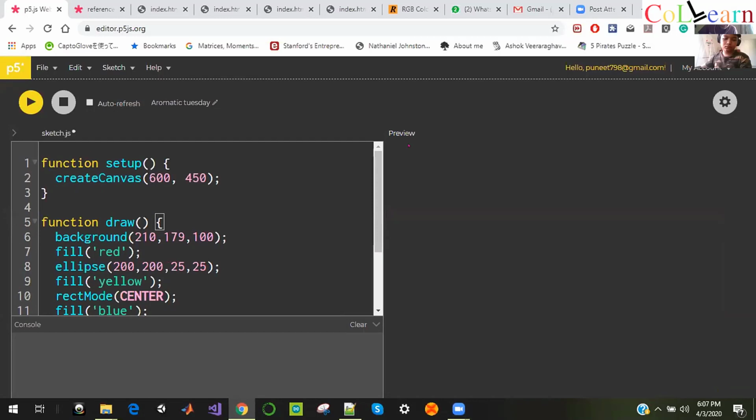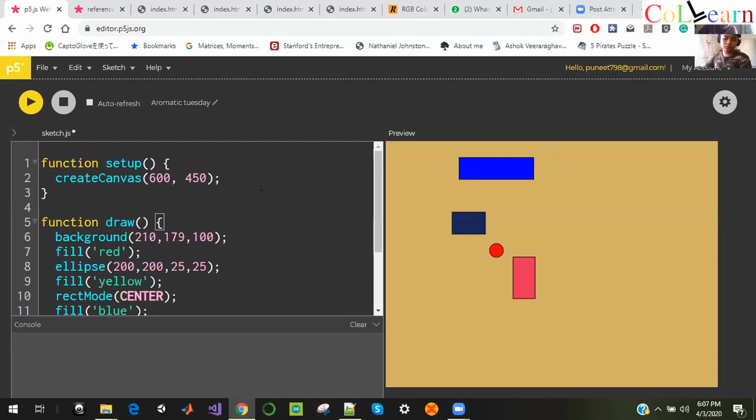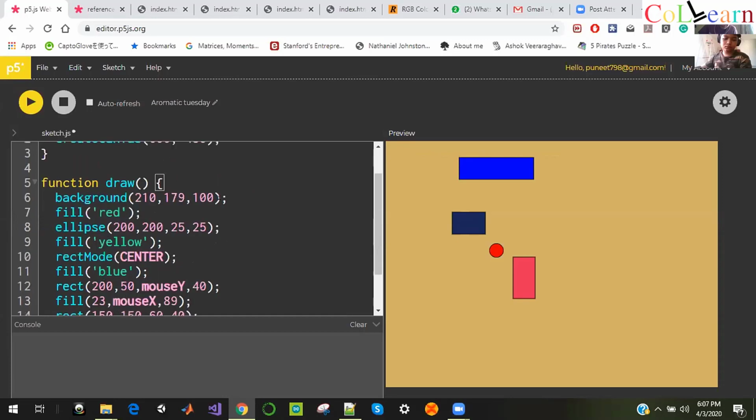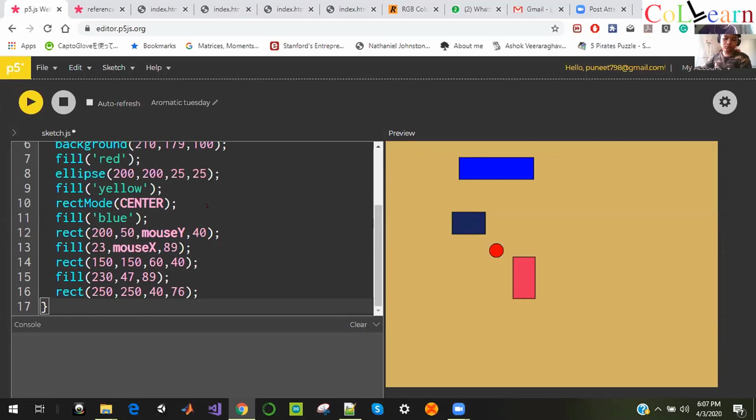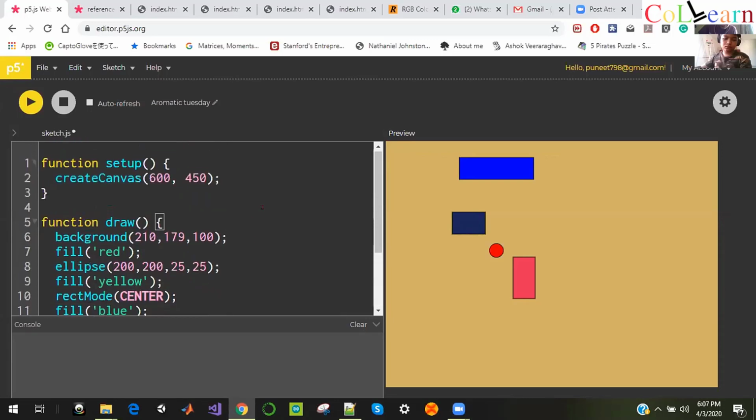So now if you see, it comes back again. The reason for this is that the computer goes to the setup, compiles the code, makes the drawing, and then comes to draw, makes the drawing. But after a certain time interval, it again and again goes to the draw. So that's why if you change the mouse cursor, it is happening in real time. In real time, it is again going to draw, finding the value of mouse X and changing the rectangle size or length as you keep on changing the mouse. At every instant you are changing mouse X and mouse Y, the shapes are changing because the code is being compiled again and again. Is it clear?